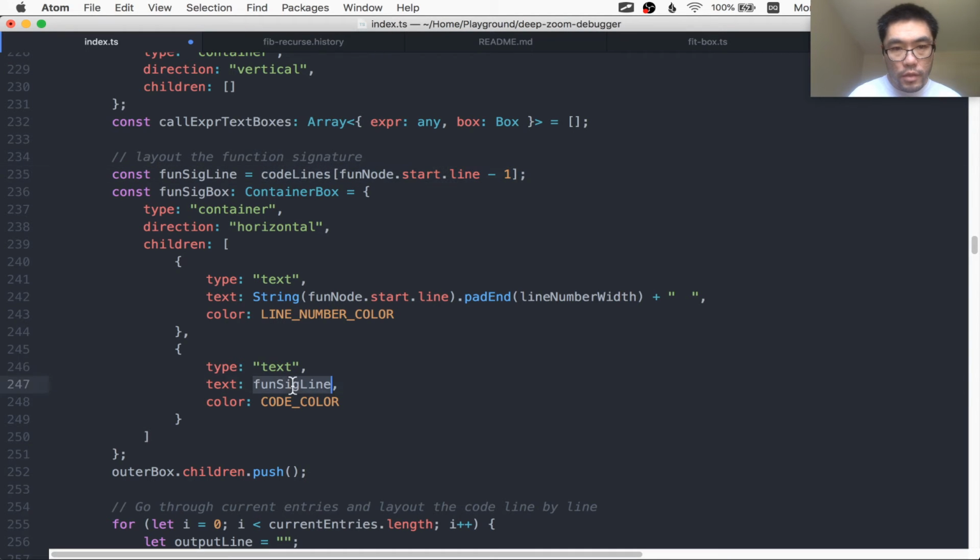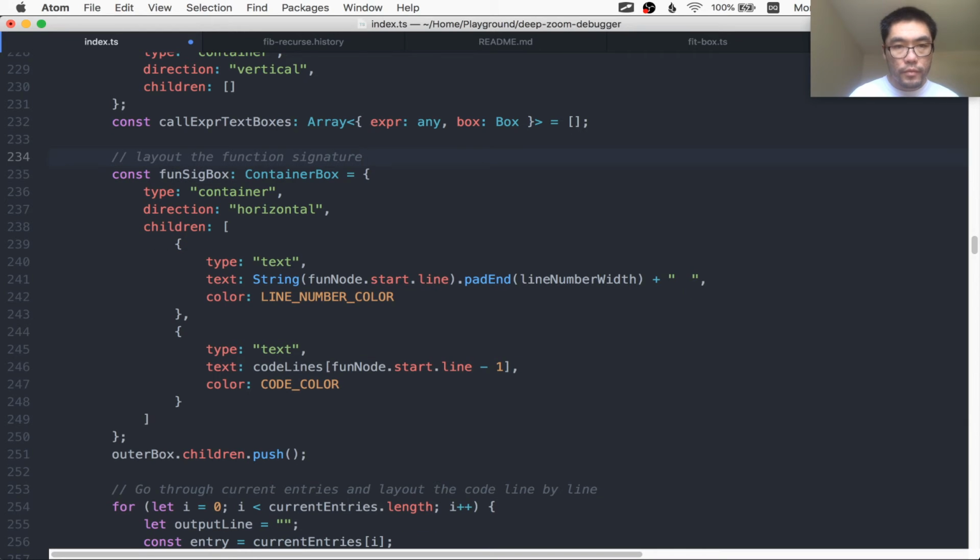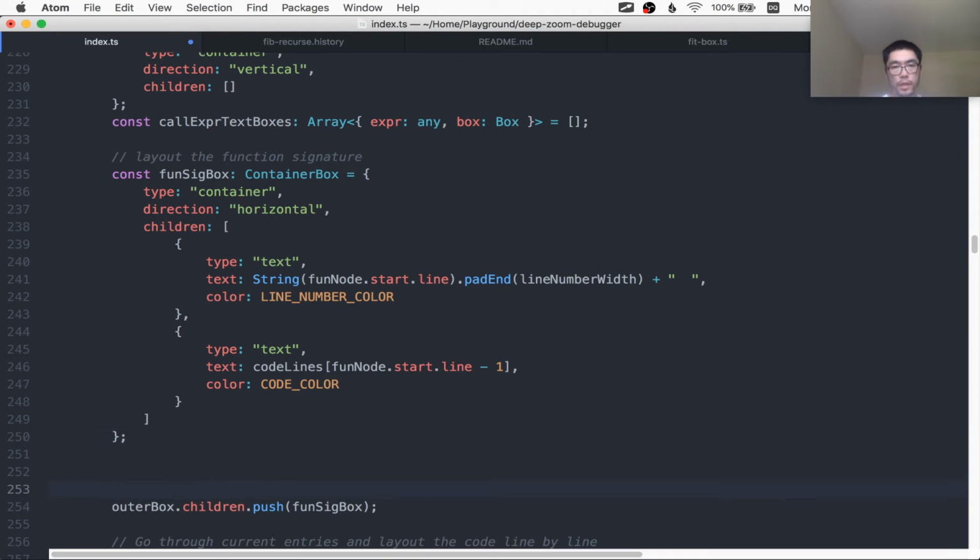I'll just inline this one actually. So I will have a fun sig box. I'll push into the outer box. And in the case that the function actually has parameters, and I think